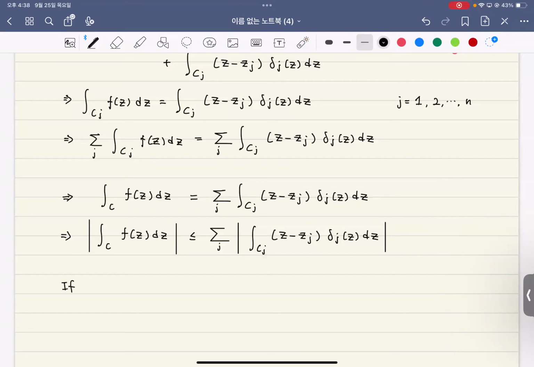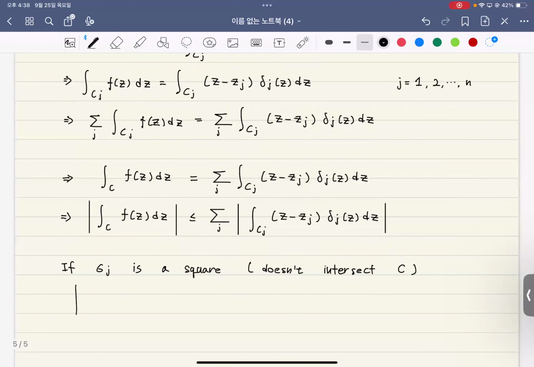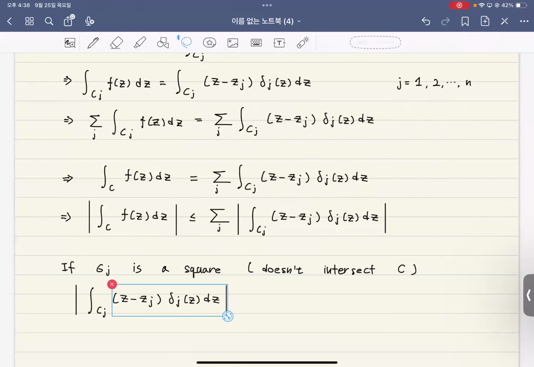If Cj is a square that doesn't intersect, then what can I say about this number? Then this Cj, here now I will need to use the ML inequality. So in this case,